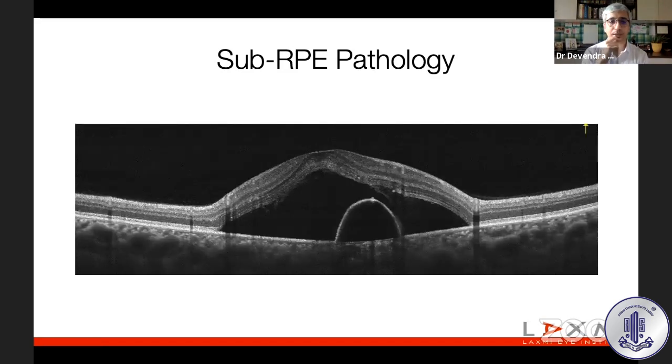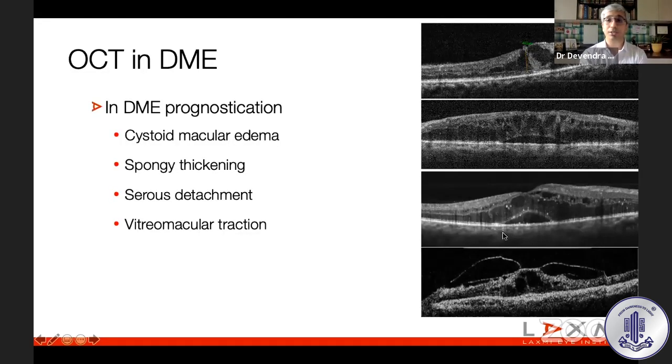And this is a patient with subretinal fluid as well as sub-RPE fluid. And you can see a large bubble-shaped or dome-shaped PED with fluid under the subretinal space. This is another example of a central serous chorioretinopathy. This was discussed very nicely in the previous talk by Dr. Vasumati,